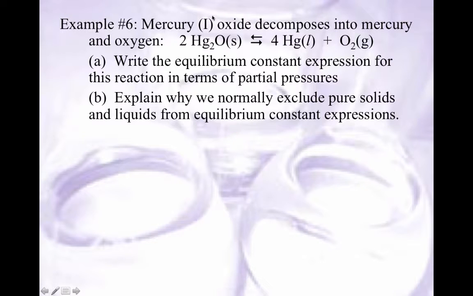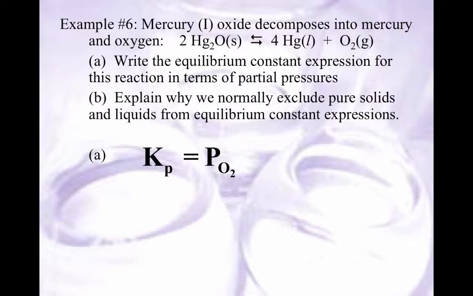So whenever you're given a reaction, if you notice that there's a double-sided arrow, that means it's at equilibrium. That means your forward rate is equal to your reverse rate. So if we want to write the equilibrium constant expression, we need to do products over reactants. But remember that we don't include solids and liquids. Those are pure solids and liquids we don't include, which means we have